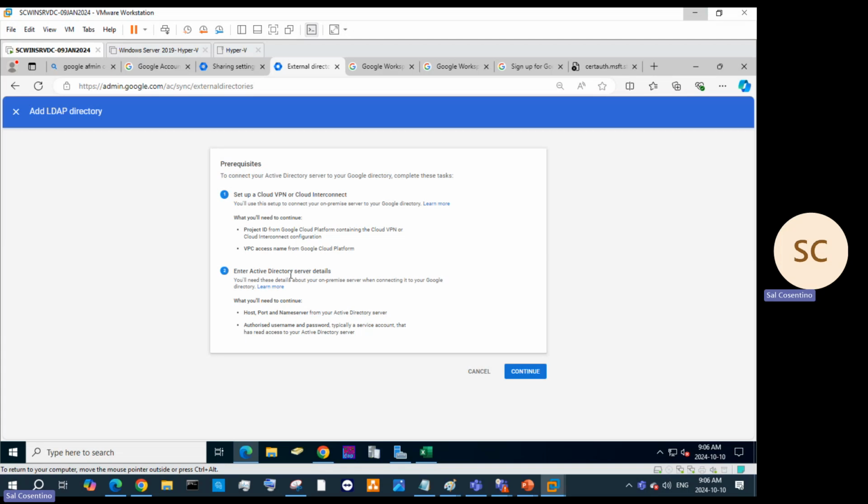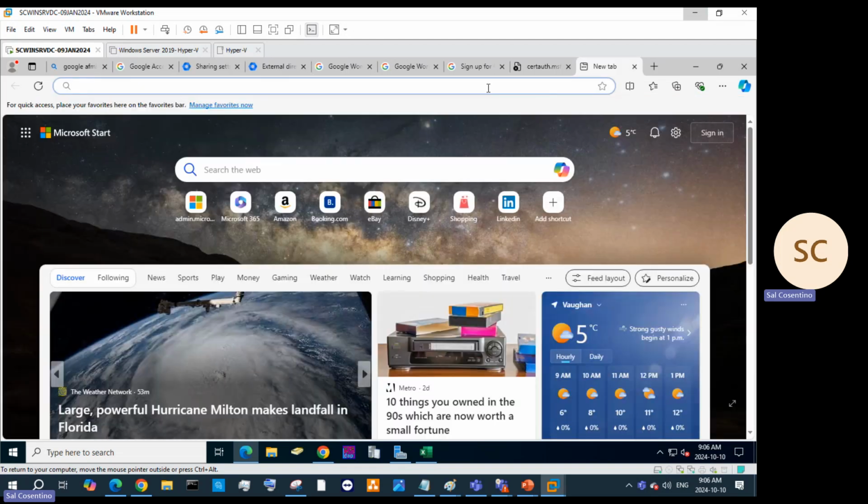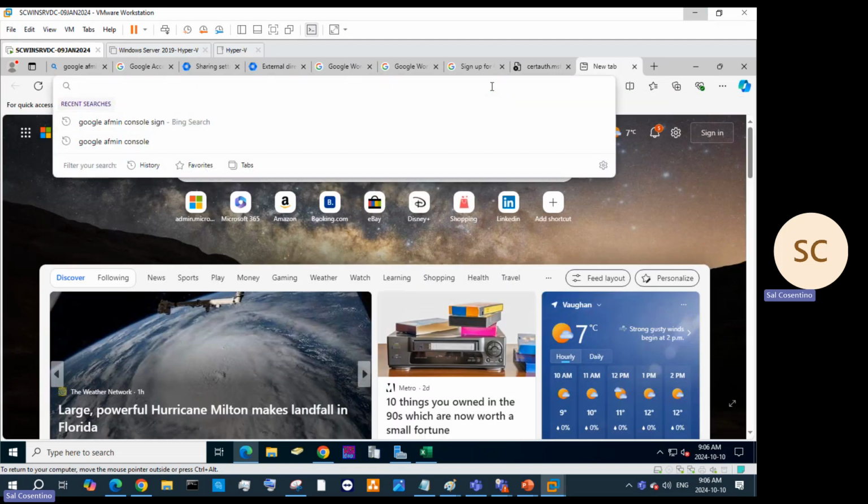So as soon as I connect to my Active Directory server, to my Google directory, I can complete the specific tasks, set up my cloud VPN and cloud interconnect with my VPC access name, and my project ID and et cetera, et cetera. And again, you must have a Google cloud platform, which is what I have here. If you guys want to create that again, you just go to Google cloud platform,